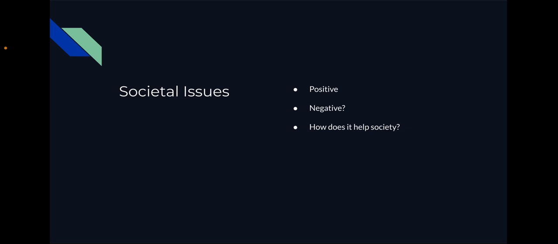I think the negative effects in the game might be if the time periods aren't represented accurately or with not as much fact. So I think that is going to be a huge focus in creating the game, is creating it as accurate as possible so as not to mislead the player or give them false truths or make them think that something is historically accurate because they played it in the game and then it turns out that it isn't. So there will be a lot of research done to make it as accurate as possible to avoid those negative effects. And then, of course, it has potential to help society in a major way.